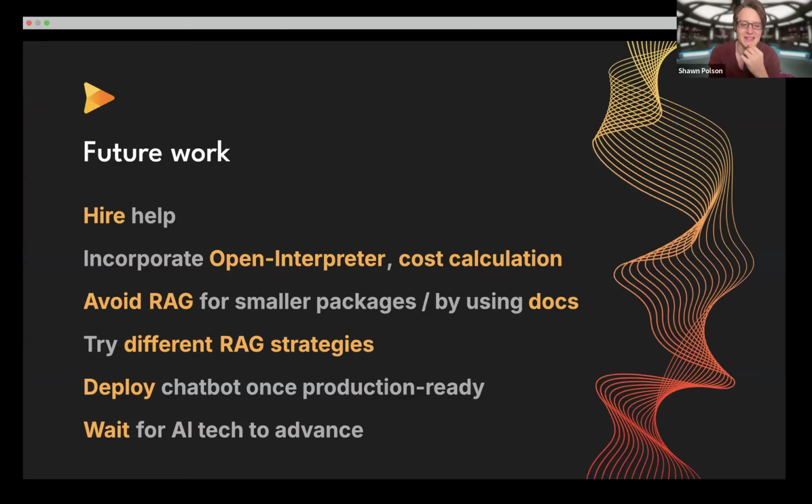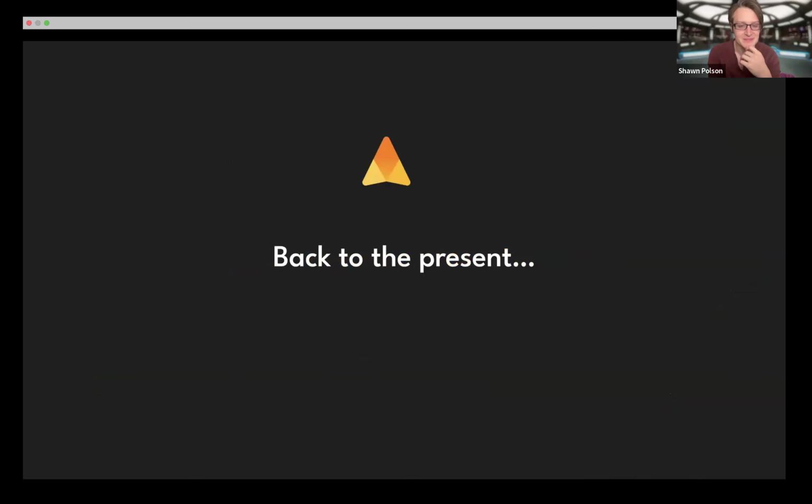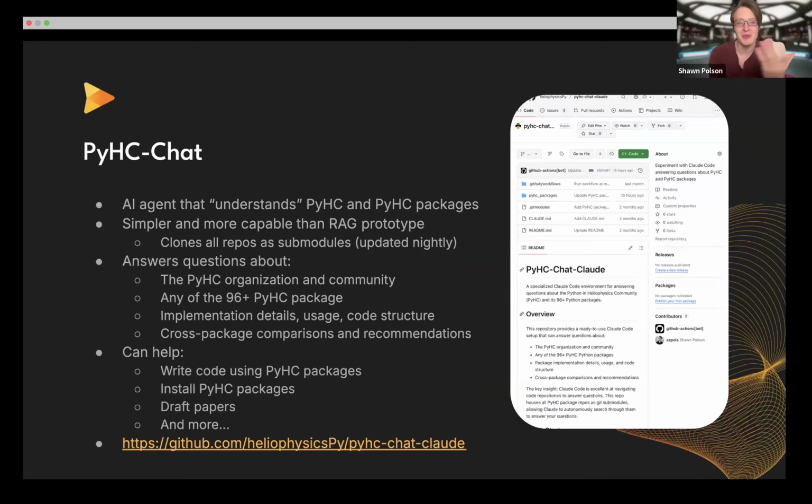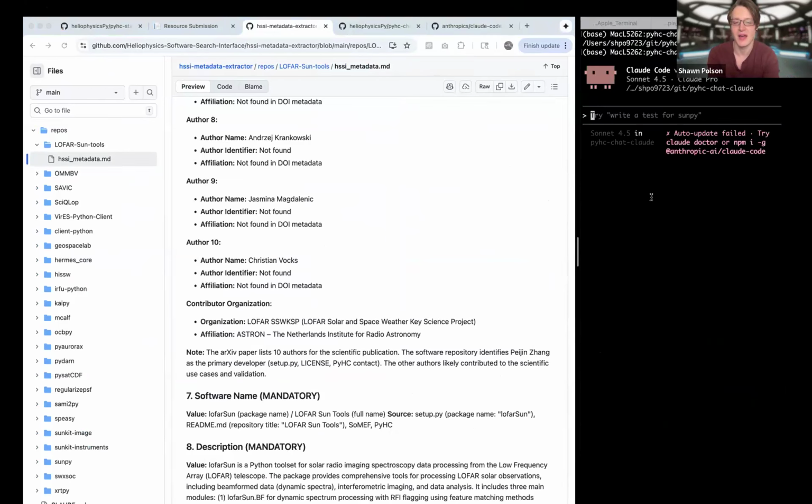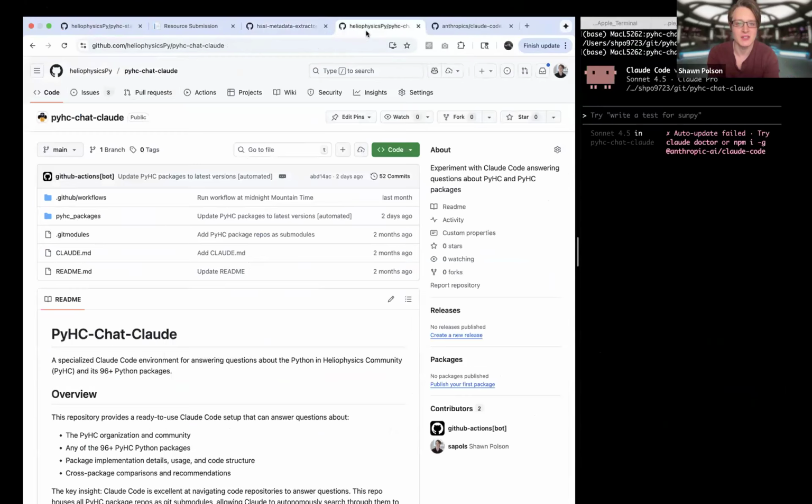And I had ideas for using different RAG strategies or avoiding RAG altogether, because when the search failed, the query would fail and this just wasn't scaling super well. But go back to the present and we have AI agents that can just do all of this essentially out of the box. So I'm going to go back over here and now I have PyHC chat just kind of open in a tab,